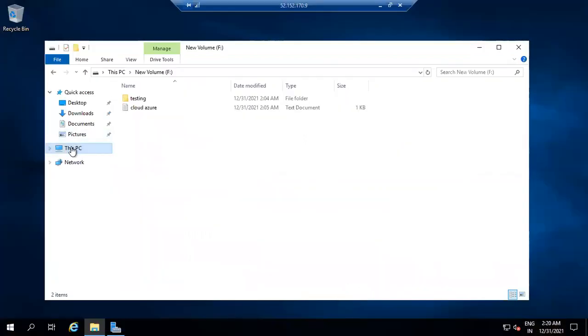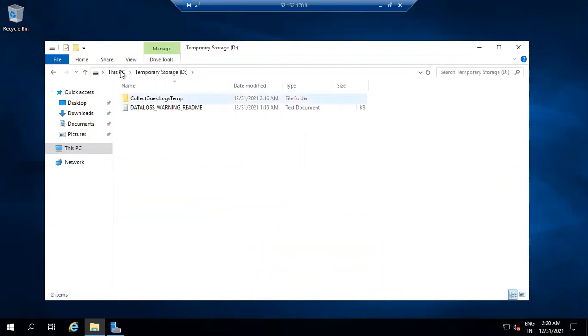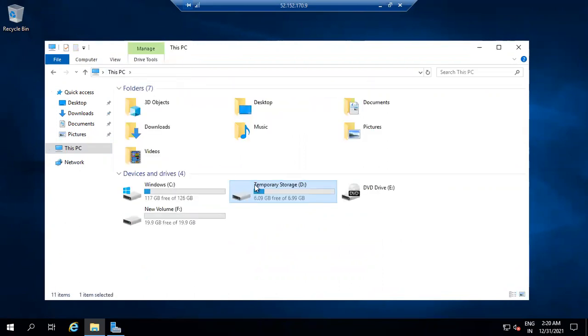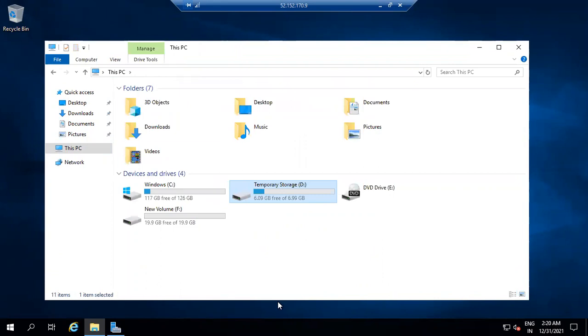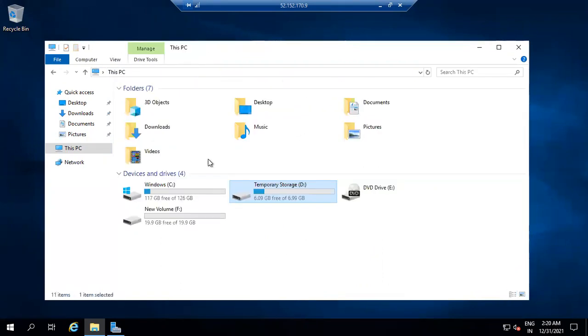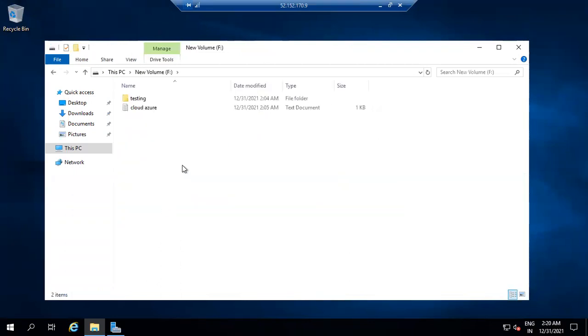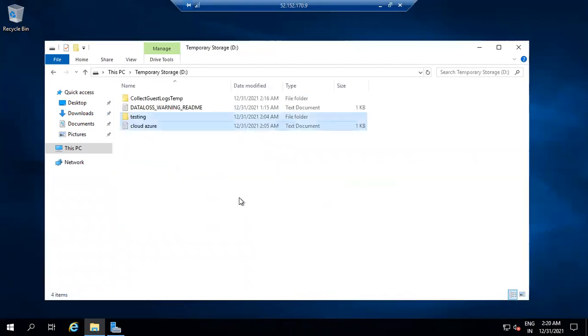So let's talk about the temporary storage first. If you restart this machine from inside, right now I am copying 2 files here. I'm copying these 2 files over here, like copy these files and folder and paste them to the temporary storage.